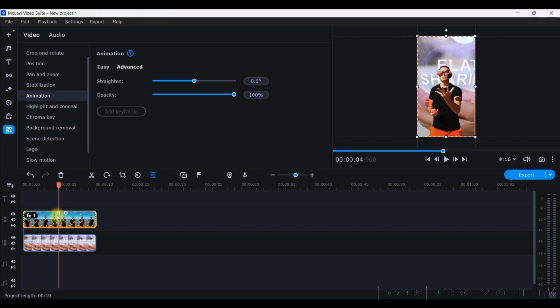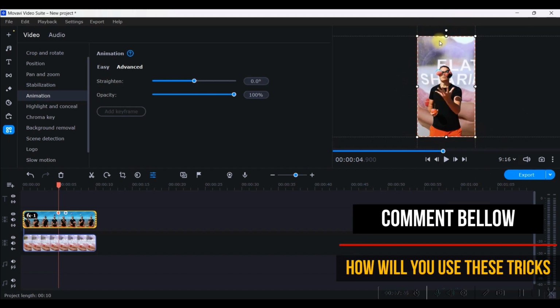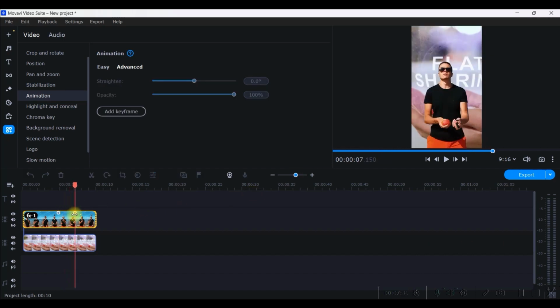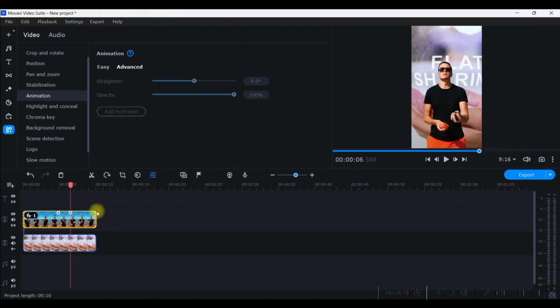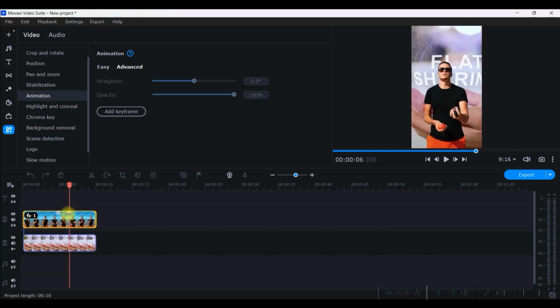If I select this keyframe here on the clip, it will turn red, and in the display section you can see there is a dotted line covering the entire segment. So it is showing where exactly your subject is. Now we will go to the next keyframe. We will drag it a little bit more wherever you want. If you want that animation to be a little faster, then you'll have to keep both the keyframes closer to each other. If you want it to be a little slower, then you'll have to create a distance between them two.